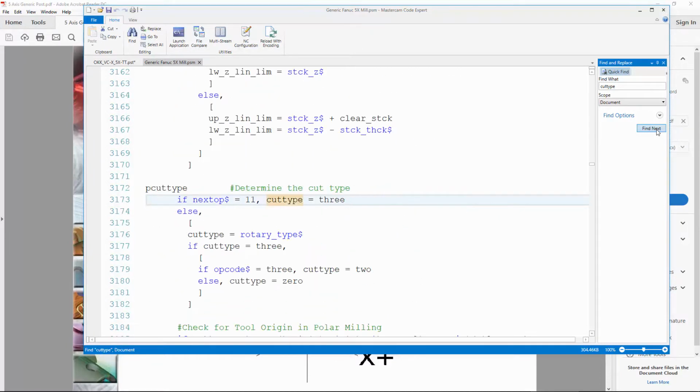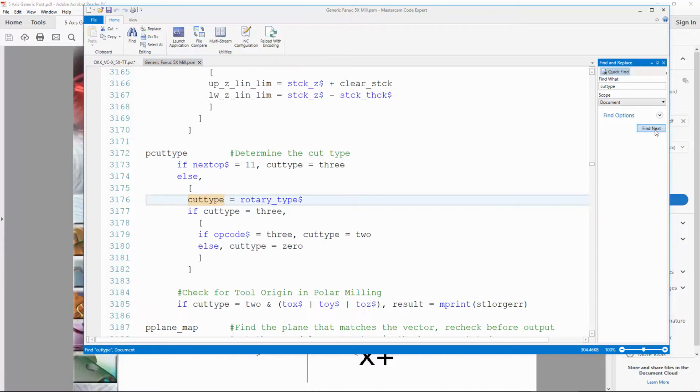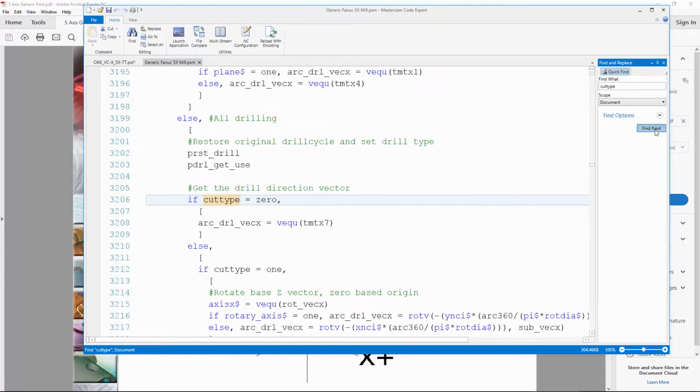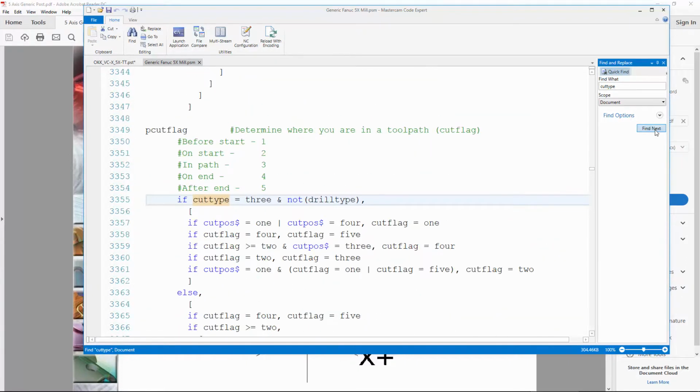It's just testing to make sure it's not 0. So that would be 5-axis, but we also have to have